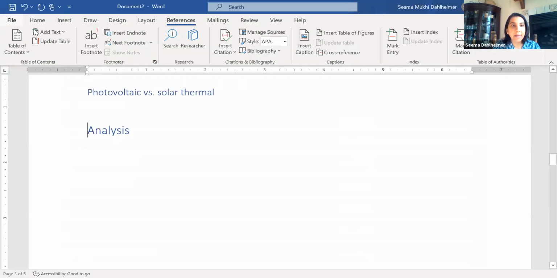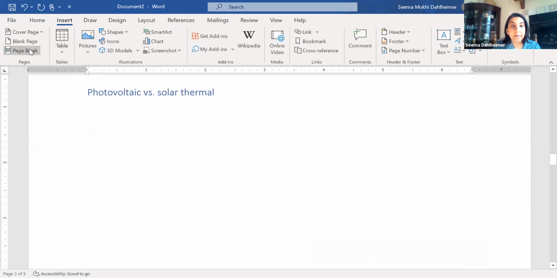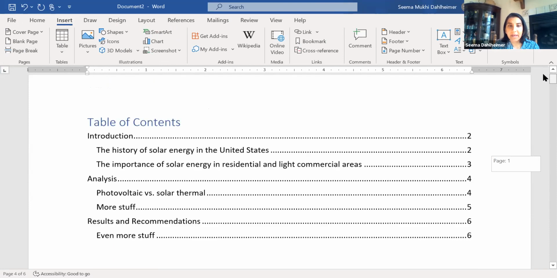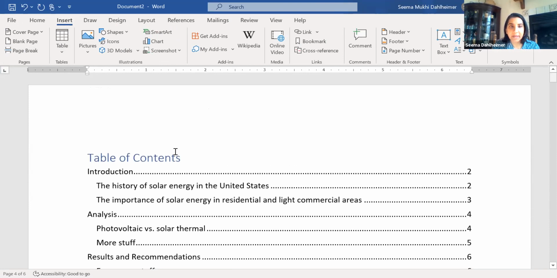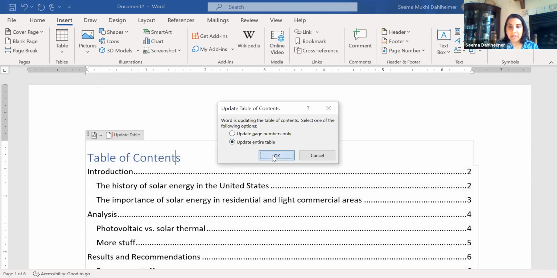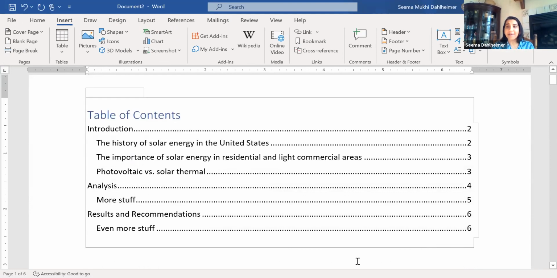Oh, sorry, guys. I'll stick in that page break over here so analysis starts on the next page. Okay, now let me update this table of contents and show you what I'm looking at. If I click on it, update table, update entire table. Okay, ooh, it changed this to an introductory section. So also it is way easier than typing